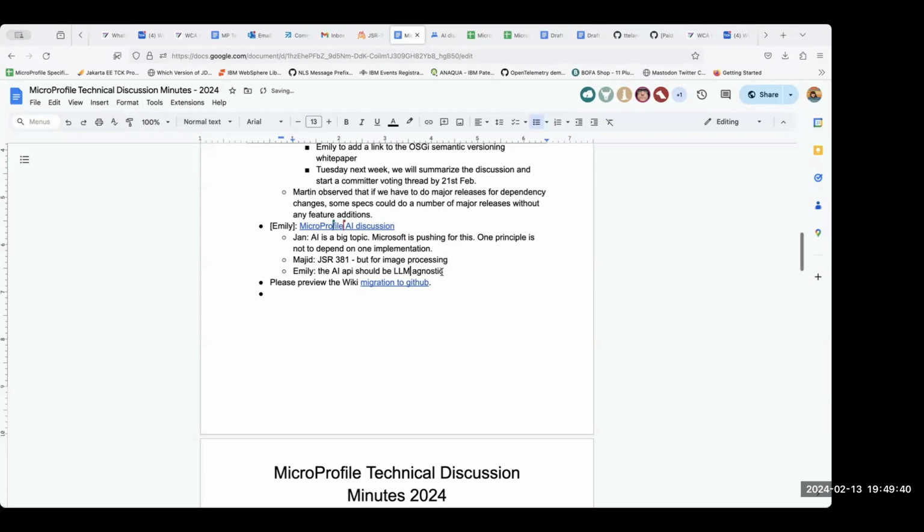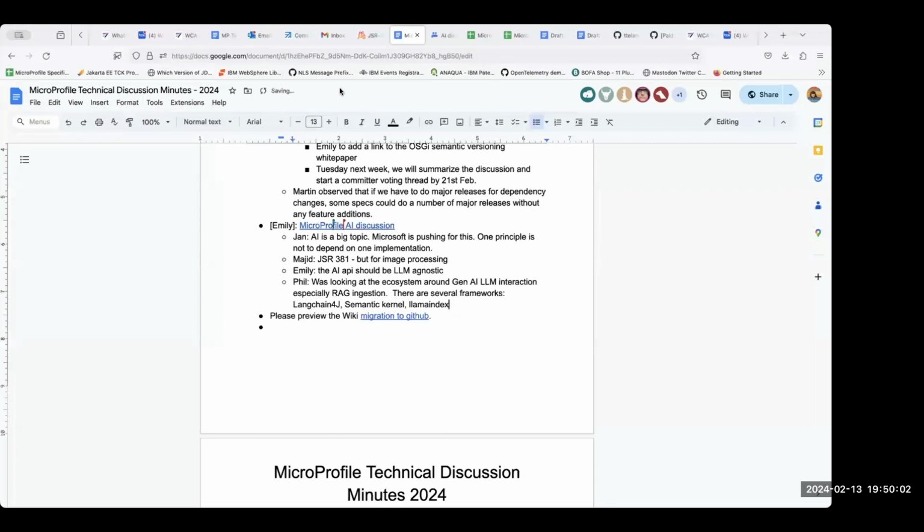I put that in the chat. It's useful to have this framework to interact with a local LLM like Llama, or if you're a hypercloud provider, then using that for RAG ingestion or other types of interaction with the LLM.